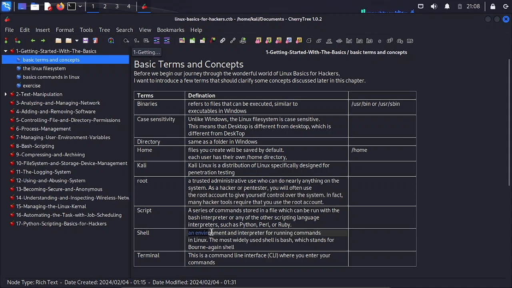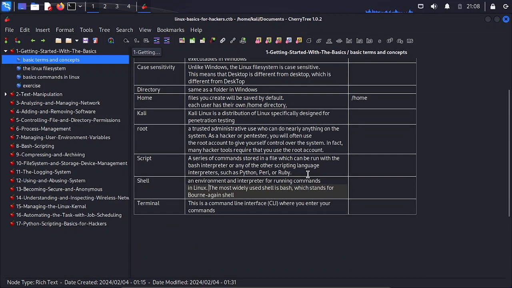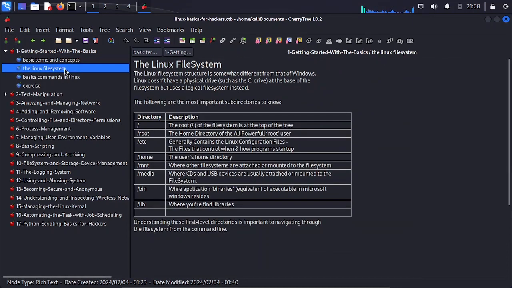And shell is basically an environment where all your commands run. All your commands live and die in this shell. And terminal is a program or command line interface where you type, which allows you to input commands and it goes back to the shell, where the shell does things or operates on your commands. So this is all there is to know. So moving on,